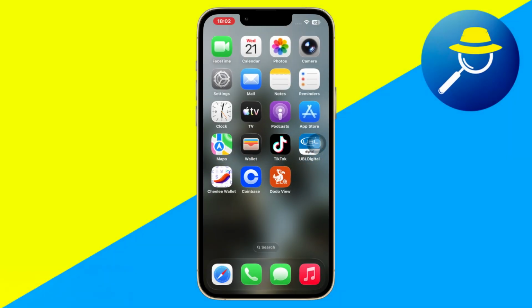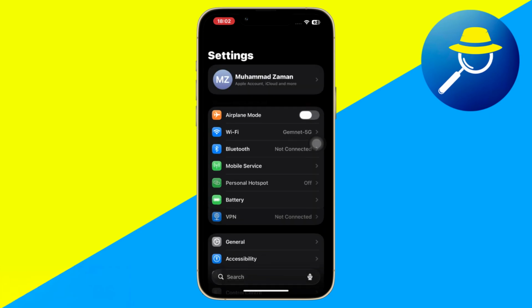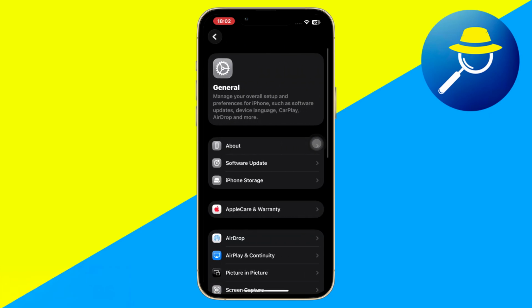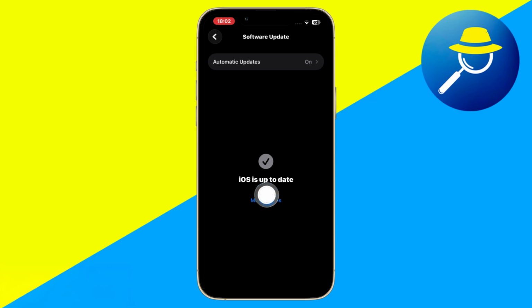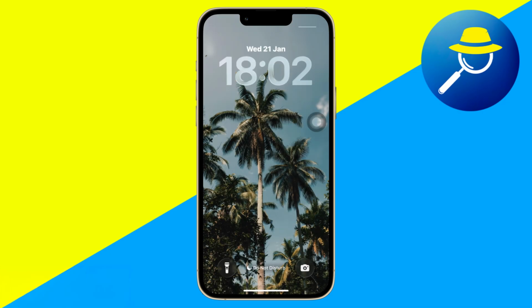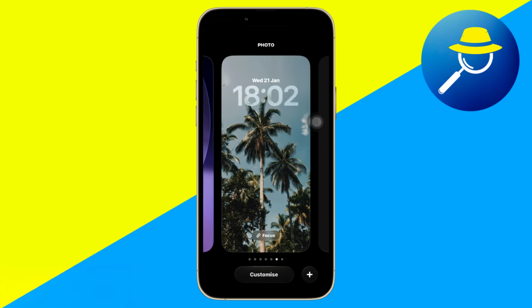The first thing you need to do is go to your software update section and make sure your iPhone is running the latest iOS 26 update, because some of the features used in this tutorial are only available on iOS 26. Once that's done, swipe down from the top, long press on an empty space on the lock screen, and